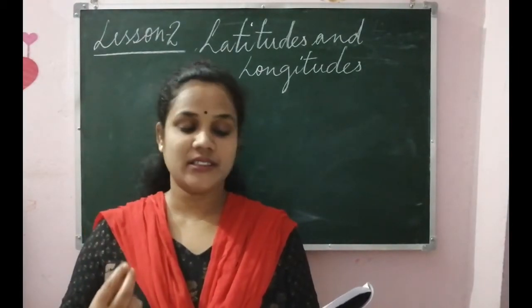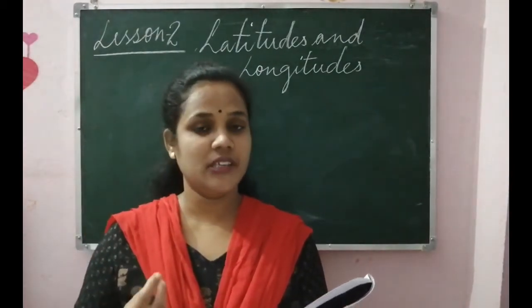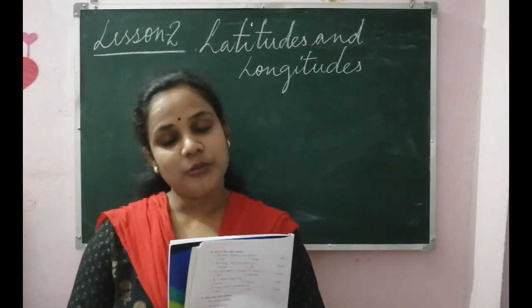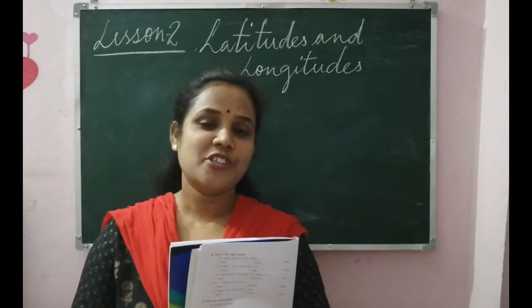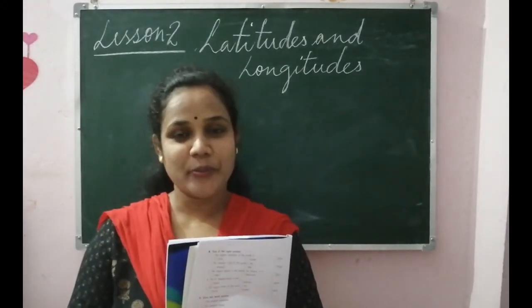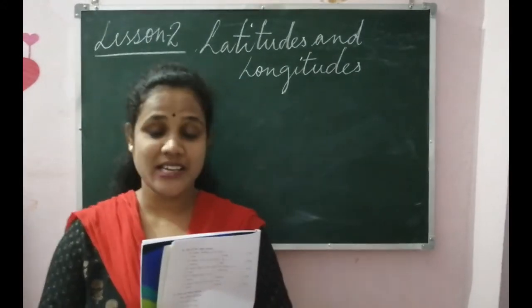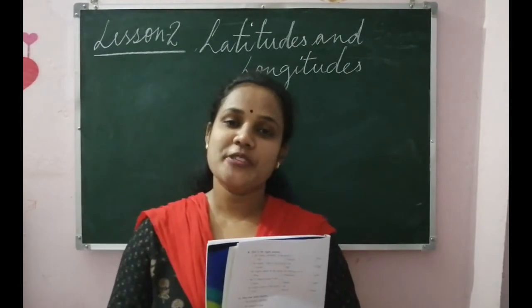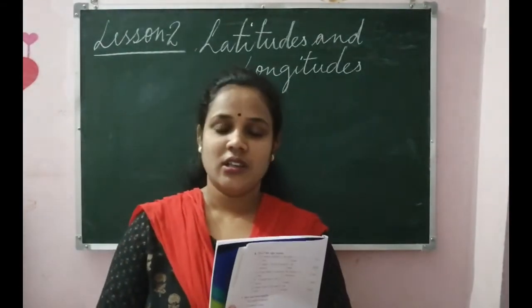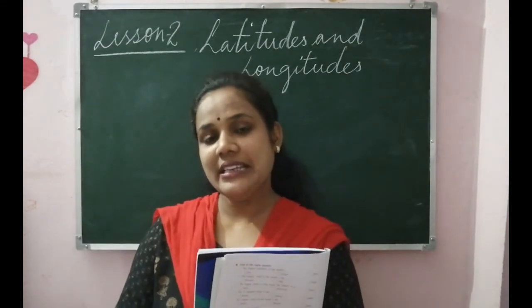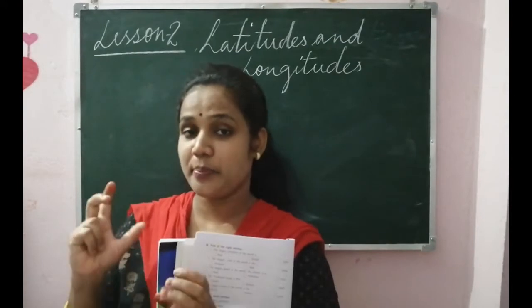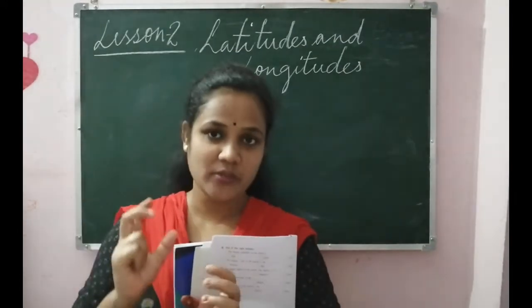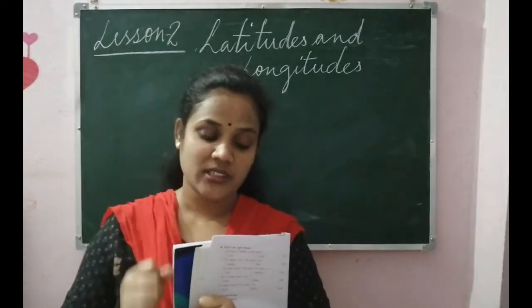A globe is a three-dimensional model of the earth. Now, I hope you must have seen a globe, maybe in school. Maybe in a previous class your teacher must have shown you, or you must have seen somewhere else. If not seen, you can see in the picture. In reality, a globe is a three-dimensional model of the earth. So it is representing earth, a model of the earth, three-dimensional.